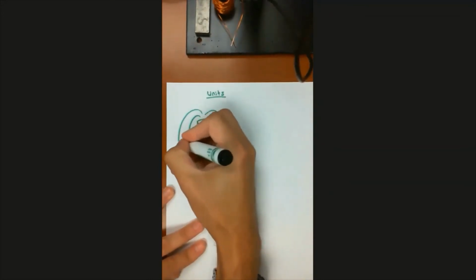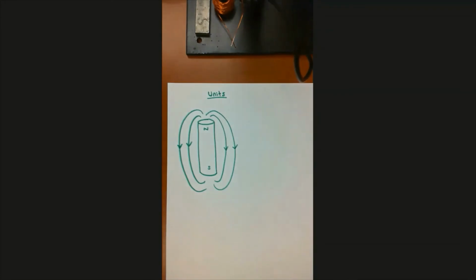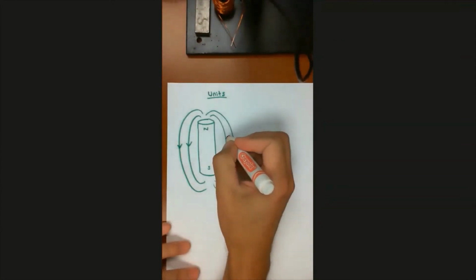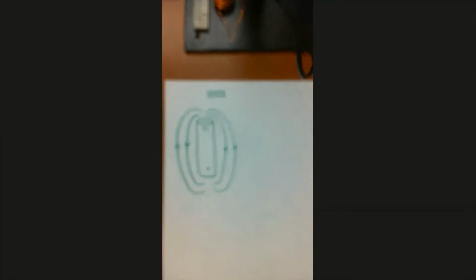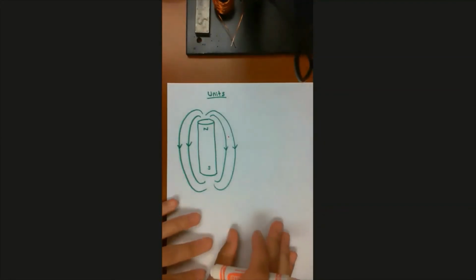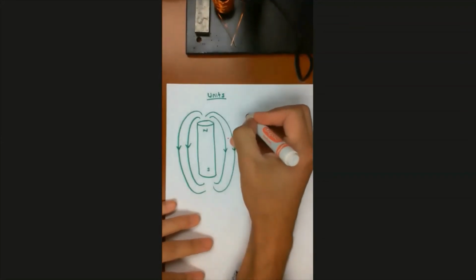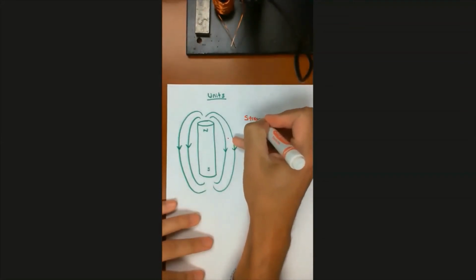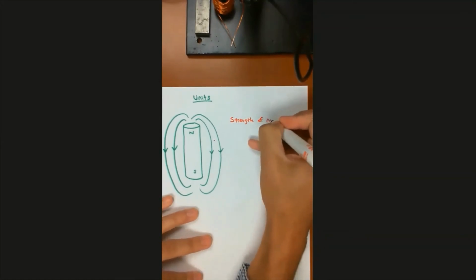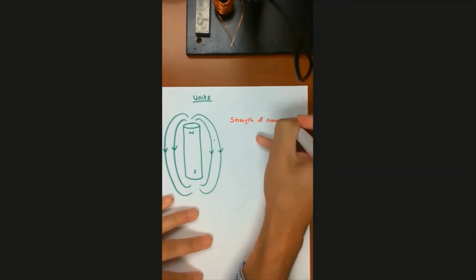There's my magnetic field, and I want to measure the strength of the magnetic field at a certain point. Let's say we're going to measure the strength of the magnetic field right here, at that point right there. And there are instruments that you can use to measure the strength of the magnetic field. So the strength of the magnetic field,